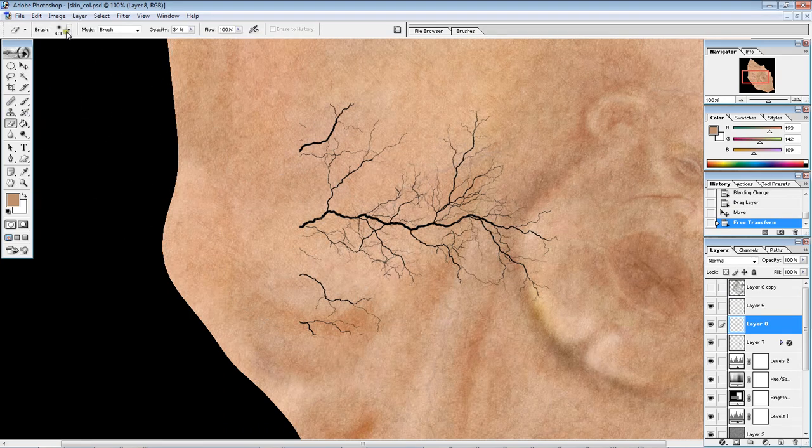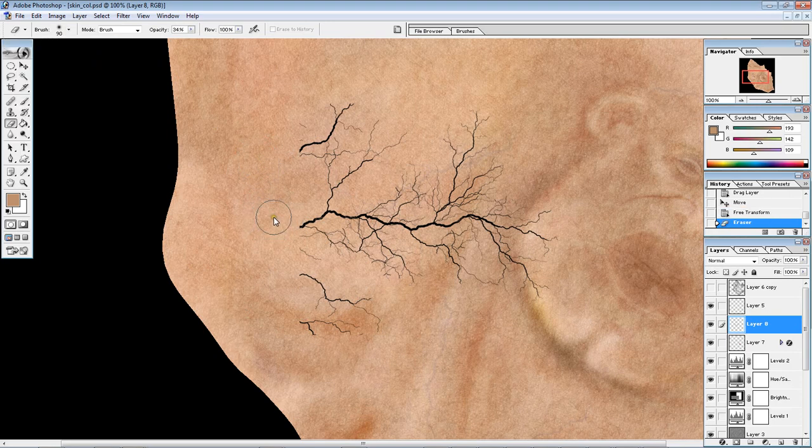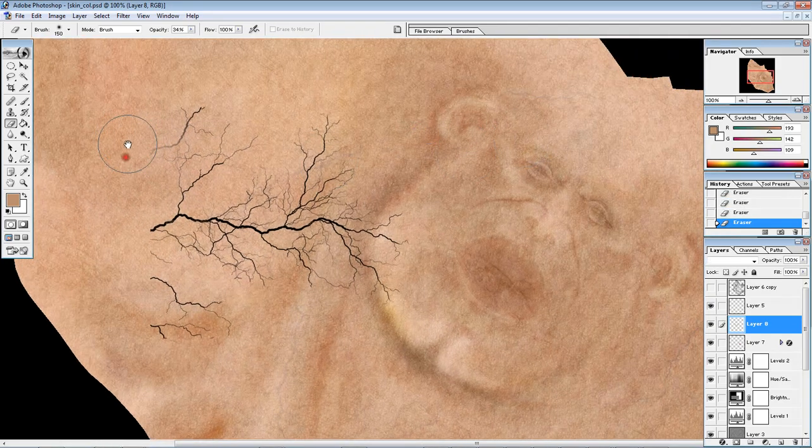I grab the eraser. If you want to change the size of your eraser, the brackets on your keyboard do that nicely. I turned down the opacity. During this project, I lost my tablet pen, so I had to use a mouse. But that was fine since you can see most of the things we're not painting. So all I do is go with a low opacity mouse, just go along the edges here. I think I just completely got rid of this portion here. But anyway,